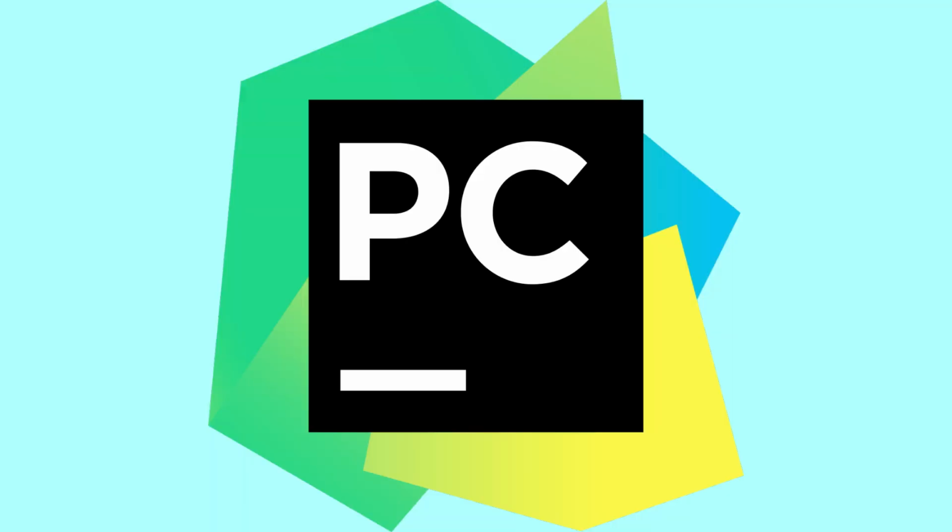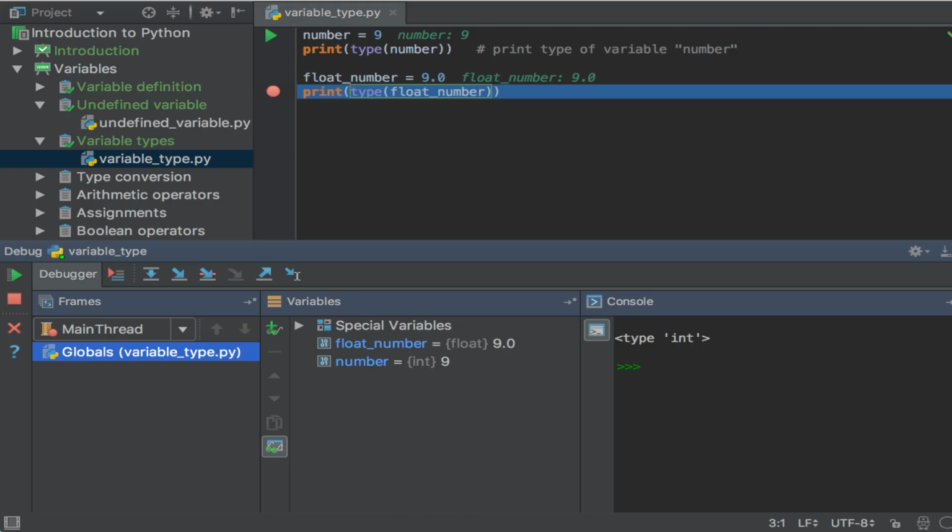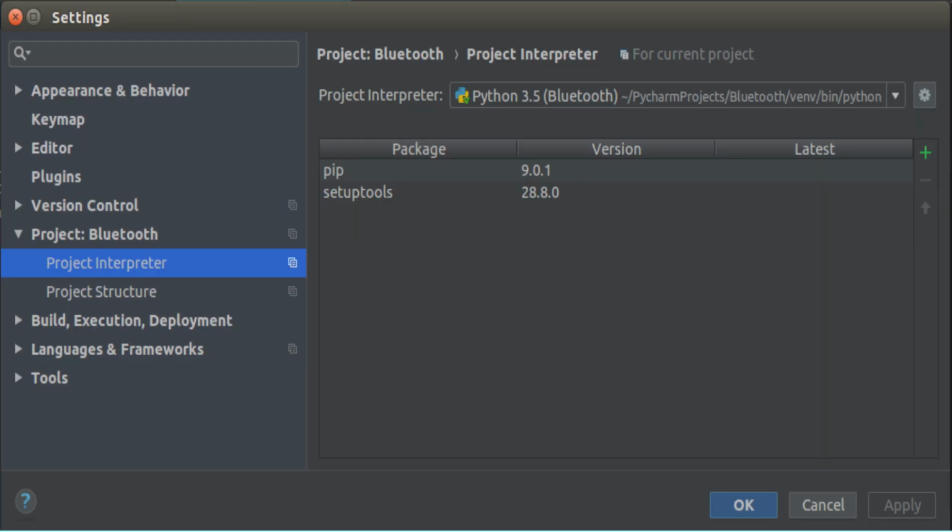So the second one is PyCharm. PyCharm is a cross-platform IDE used for Python programming. This editor can be used on Windows, Mac OS and Linux. This software contains a special API that can be used by developers to write their own Python plugins so that they can extend the basic functionalities of Python. In this IDE, if you want to install any other external libraries for your projects, then you need to use the built-in library installer that is available inside this IDE. Using this installer, you can install any other Python libraries for your projects.